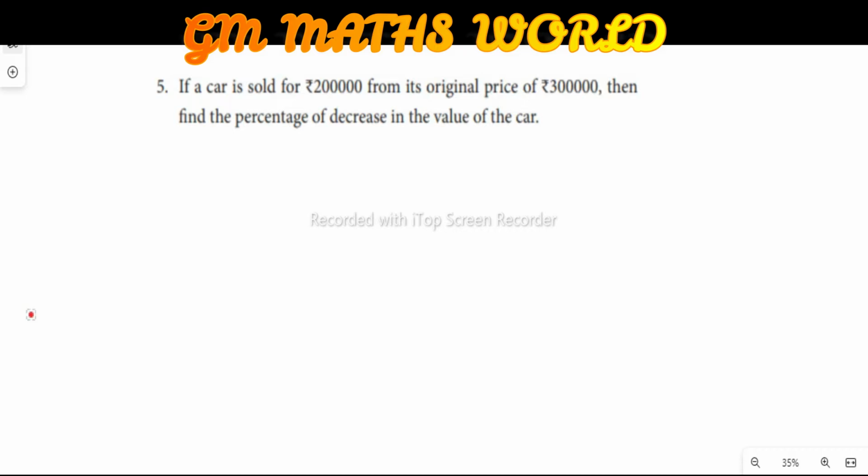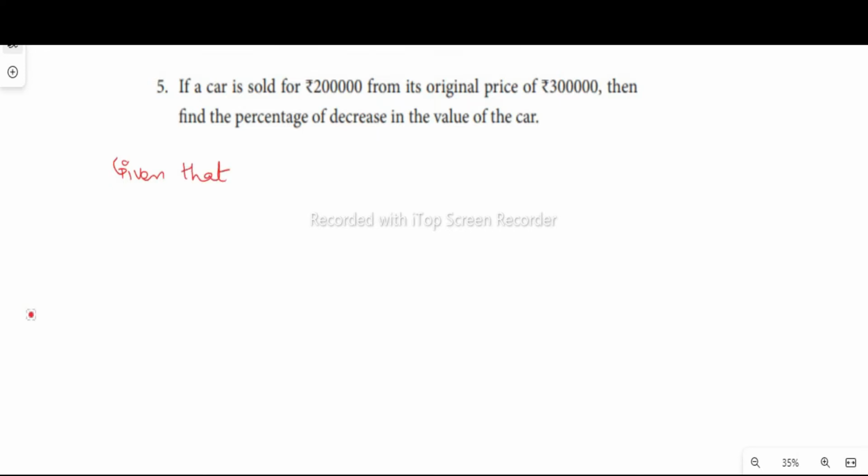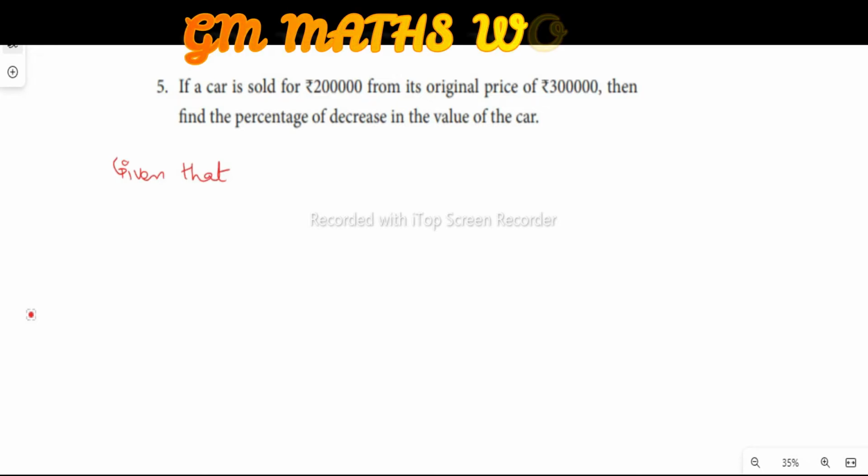The next problem is: if a car is sold for 2 lakhs from its original price of rupees 3 lakhs, then find the percentage of decrease in the value of the car. For this type of problem, we find the decrease in price. So from the beginning, we have to get the idea of what is given and what to find. So given that the original price of a car is 3 lakh rupees and